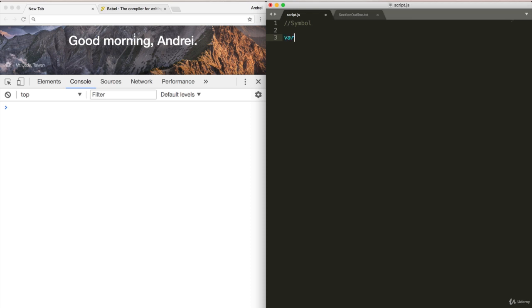is special because if I have symbol1, I create a symbol by doing this syntax. And I could have a second symbol that is Symbol. And within here, we can put anything. We can put foo. And variable symbol3 equals Symbol, and we'll say foo as well. What's so unique about symbols? Oh, and we should be using let here. If I copy this